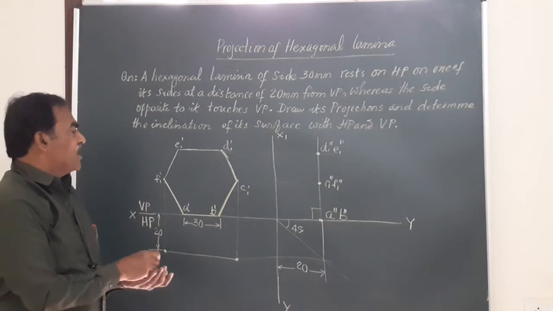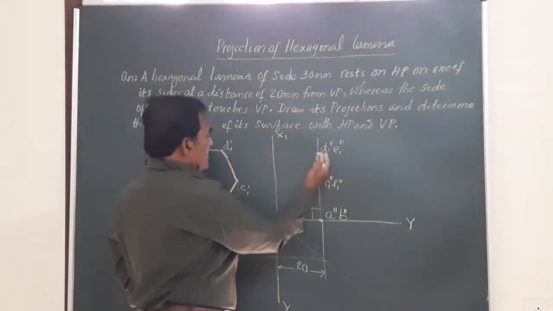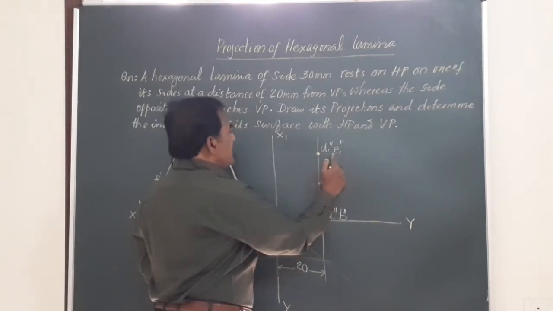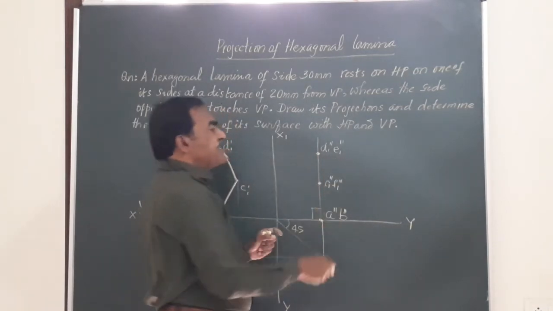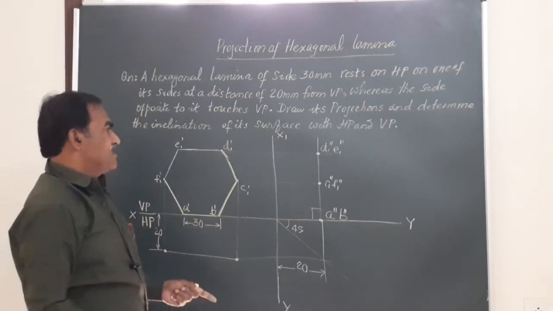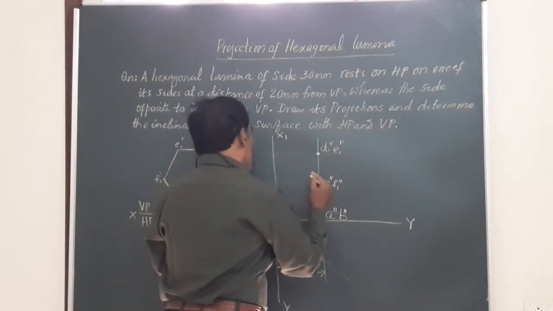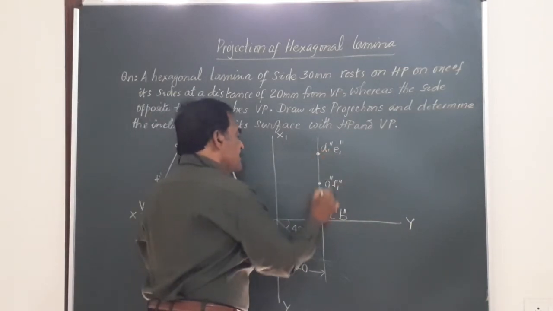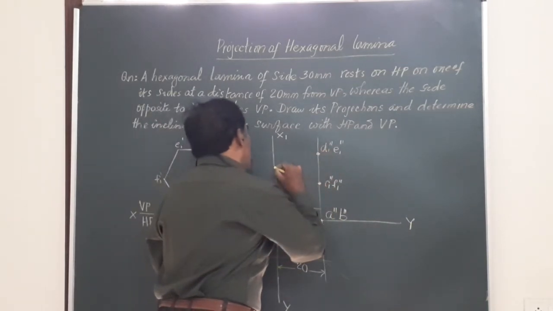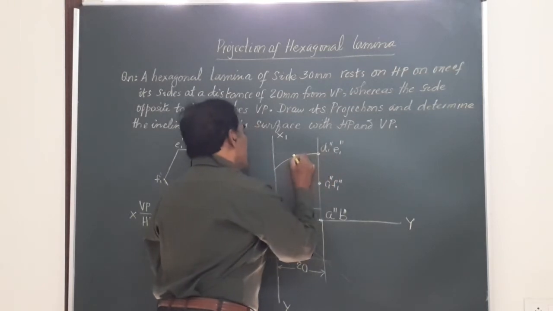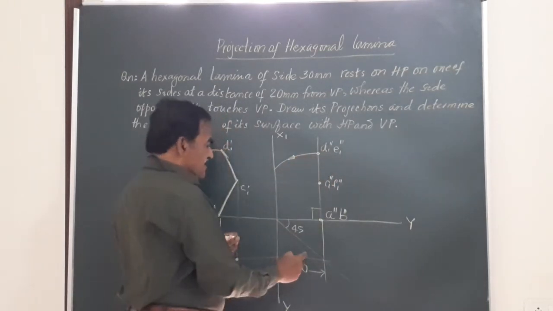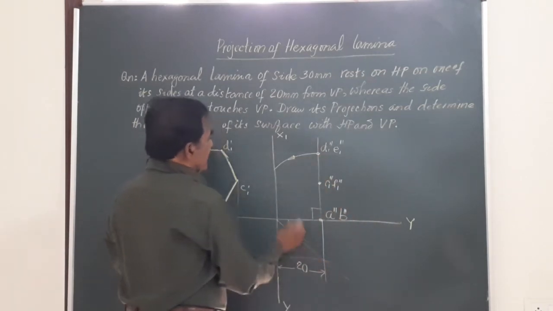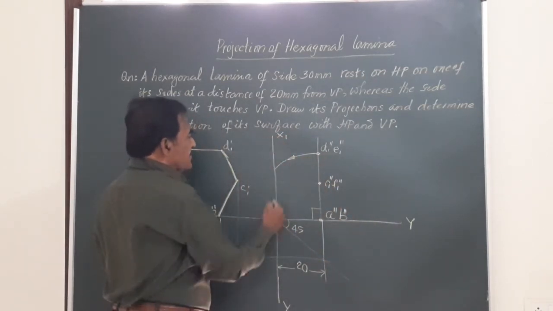Now friends, one of the side opposite that, side AB is resting on HP, and the opposite side is D', E'. It is 20 millimeter away from the right profile plane. So I am going to take this A', B' center and this distance as radius and strike an arc. So I have drawn an arc taking C', A', B', A'', B'' center, and this as the radius. I will draw an arc so as to take this line.